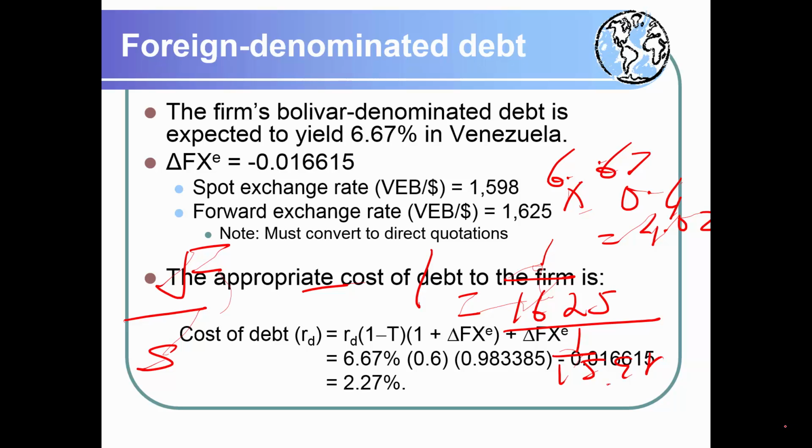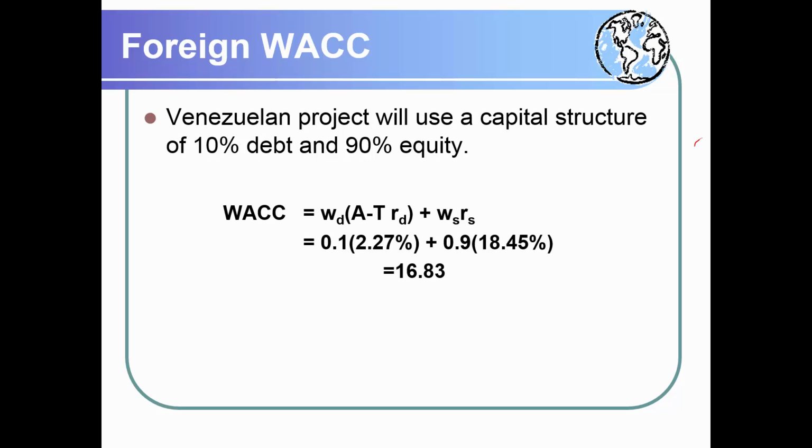And the reason why we see that is because the before tax cost of debt is 6.67, the after tax is going to be around 4.02 minus the change in the value of the currency. That gives you 2.27%. Okay. And once we know the cost of equity and once we know the cost of debt, the weighted average cost of capital here is going to be